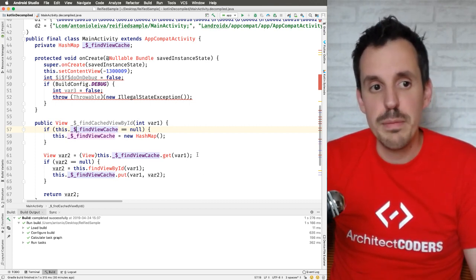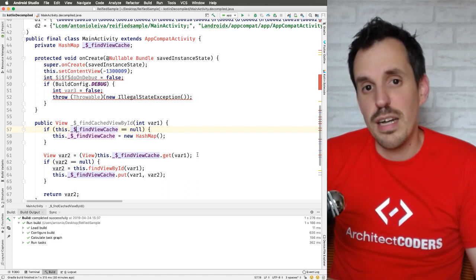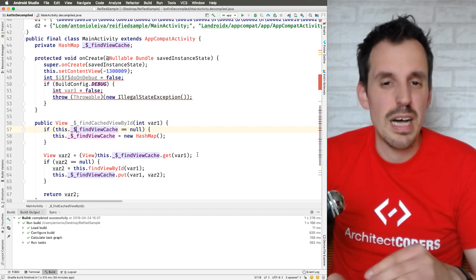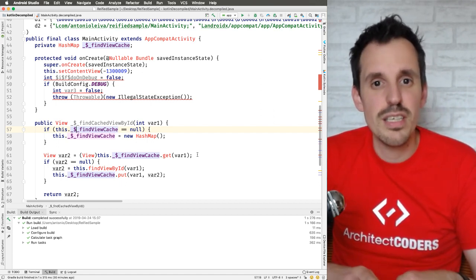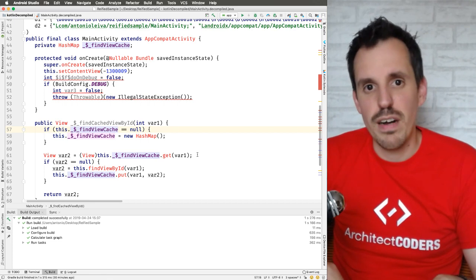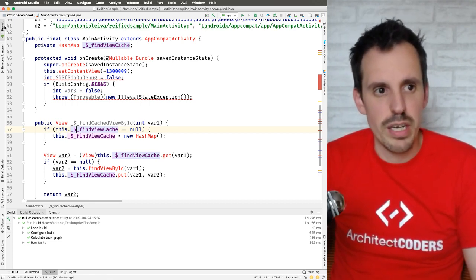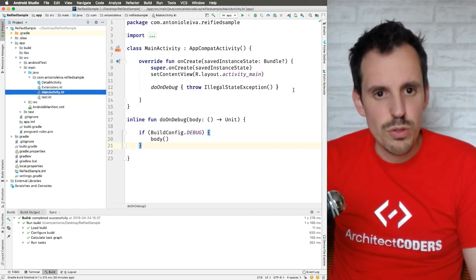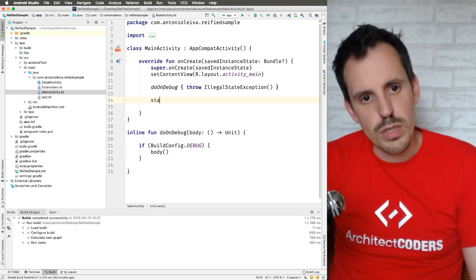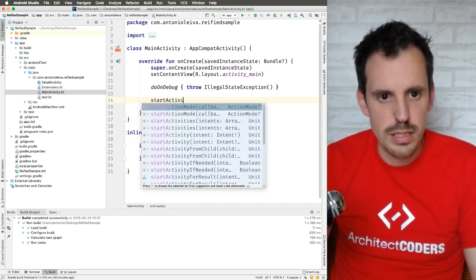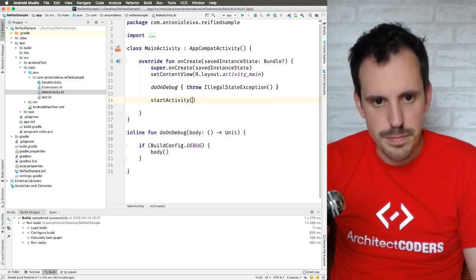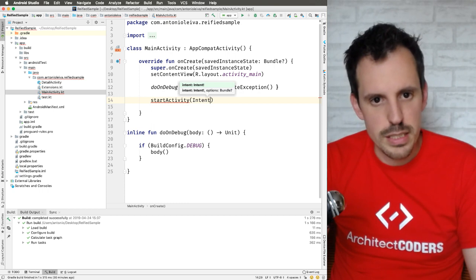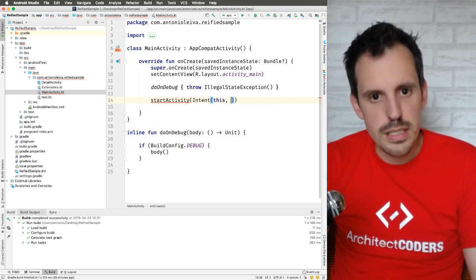The reified types are a way to convert a type to an object, at least in a logical sense, so that we can use it inside a function. Let's play with this with an example. Imagine that what we want to do now is to start a new activity, start activity with a new intent, this detail activity dot